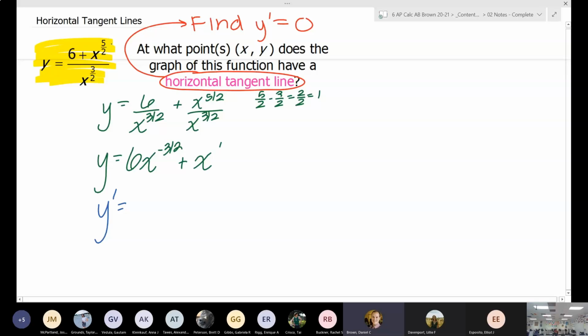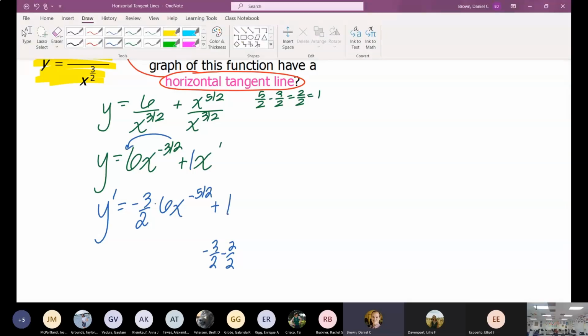So I can go ahead and find the derivative. Now instead of having to do the quotient rule, I just need to do the basic power rule. So 3/2 comes down in front. The 6 was already there. Negative 3/2 minus 1, and 3/2 minus 1 is the same thing as subtracting 2 over 2, so it becomes minus 5/2. And then the derivative of x, that's a linear term with a slope of 1, so its derivative is just 1. So my final first derivative,